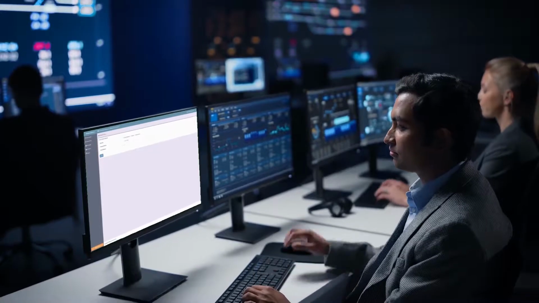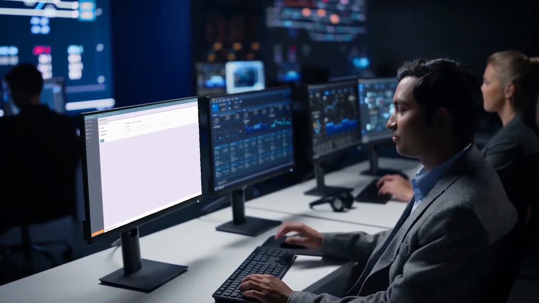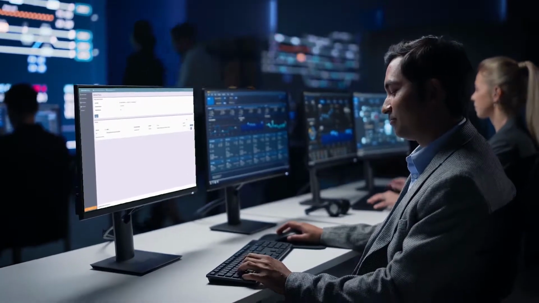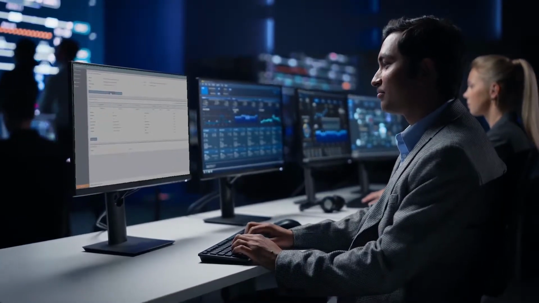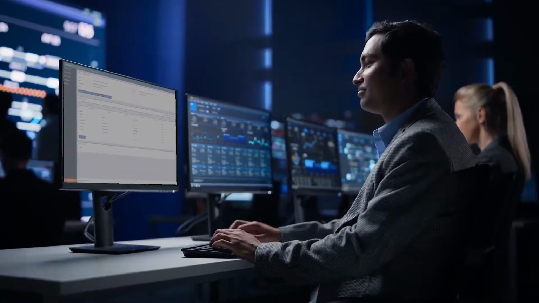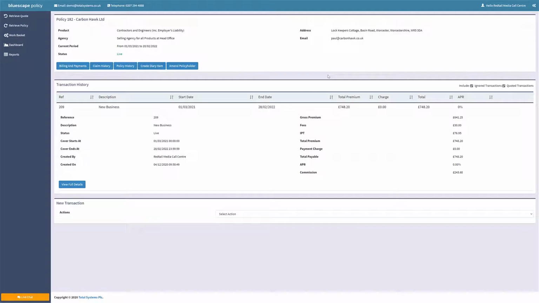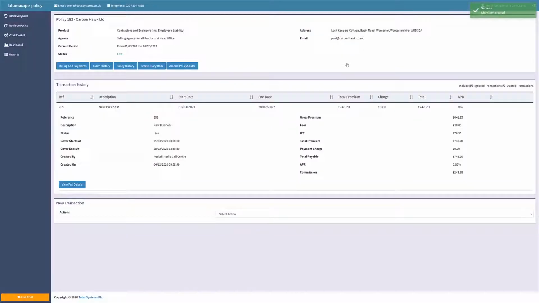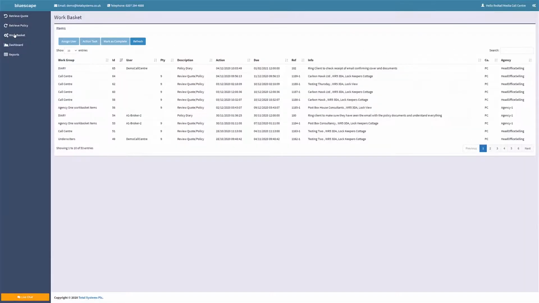If the broker has the policy document, he can look at the policy details using the number. Bluescape also offers a number of search parameters such as postcode or date of birth if the policy number is not at hand. The system also allows the broker to add manual diary prompts, such as, from the options, Create Diary Note. Choose a date to make the note to ring the client to check they've received the email confirming cover and that they understand the documents. Back into the broker workbasket, and there's the diary item.